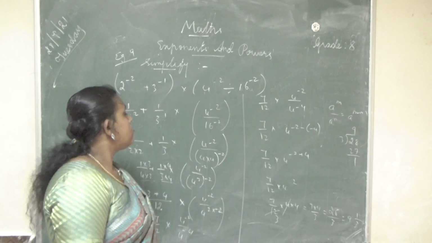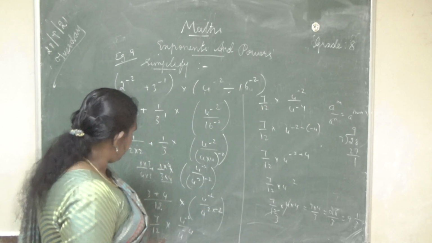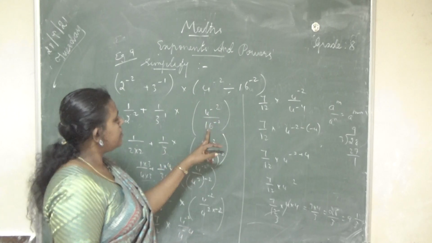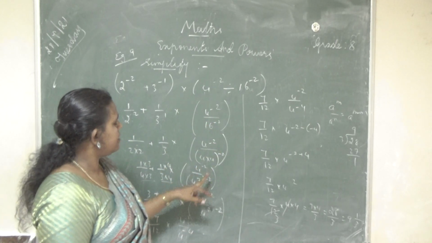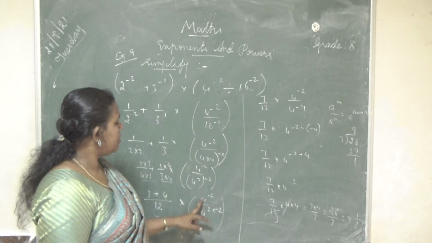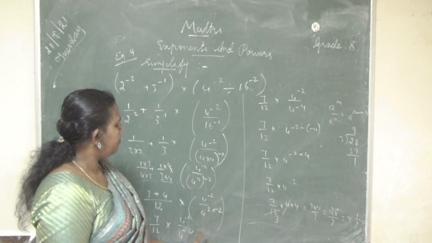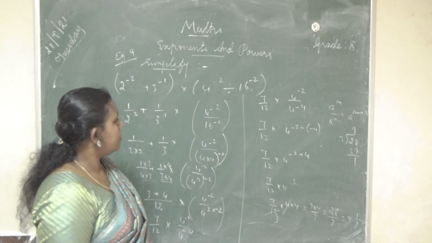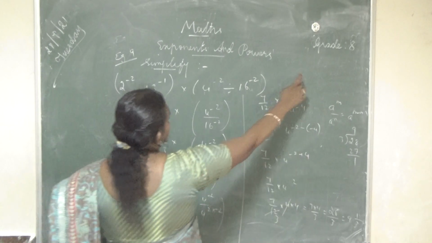Okay. So here I already explained this. Here 4 power minus 2 by 16 means 4 4s are 16, say 4 square. 4 square means 16. 4 square the whole power minus 2, that is (a power m) the whole power n. 4 power 2 into minus 2, that is 4 power minus 2 by 4 power minus 4.